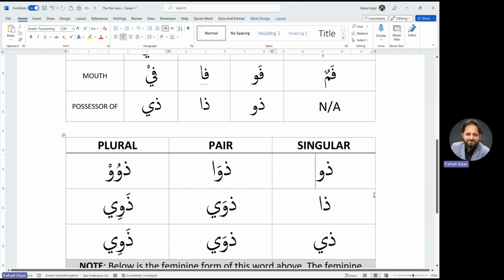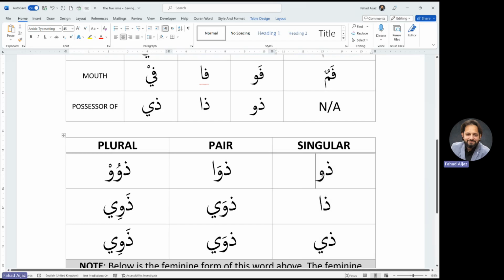So what we are saying is zu, za, zi was basically taking its ending sound using the letter. Originally, if I have to just quickly write it here, just for the sake of example, zun. And if you had made it light for a mudaf, you would do zu, but this is not how this ism operates. Instead of taking the single dhamma, it takes the waw as its lighter form. So zu is the possessor of in rafa, za is the possessor of in nasab, and zi is the possessor of in jar, and this is the singular form.